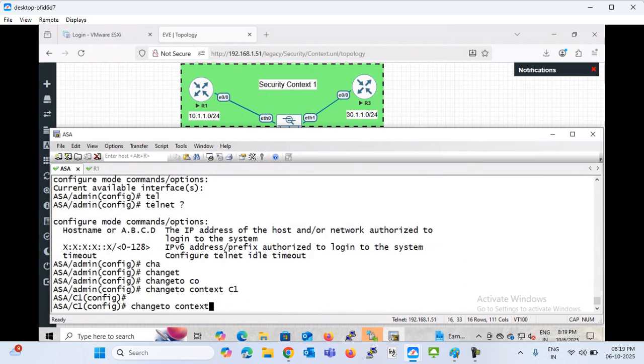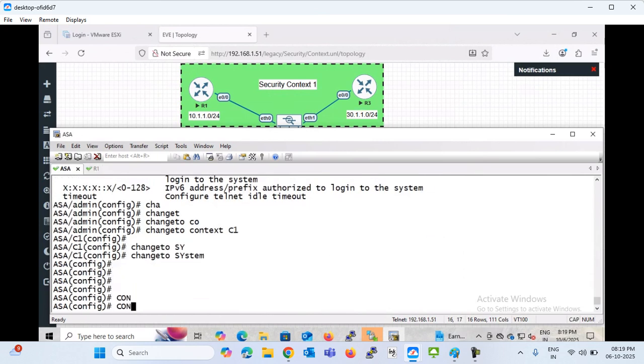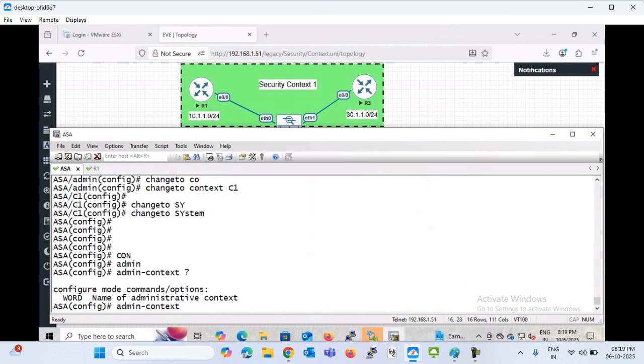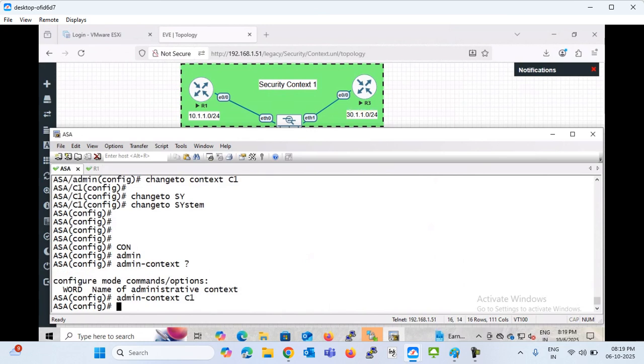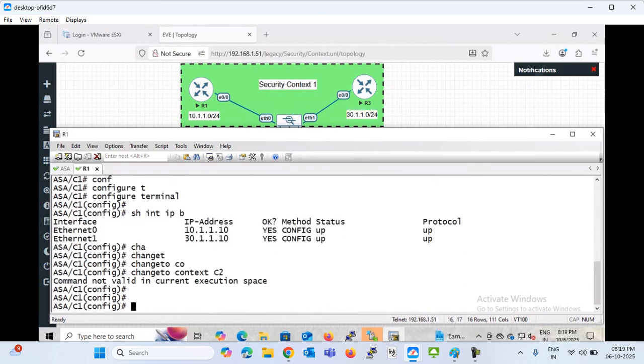We need to move into the system, because system has the power to give the administration access, right? And under it you can see we can give the name C1: admin context C1. So you have to move under the system area, where we normally create the context configuration, if you remember. Using the same system area, you have admin context, and you can define here the name C1, which is already created, right? So this time, let me move here, and I'm going to exit the connection on R1